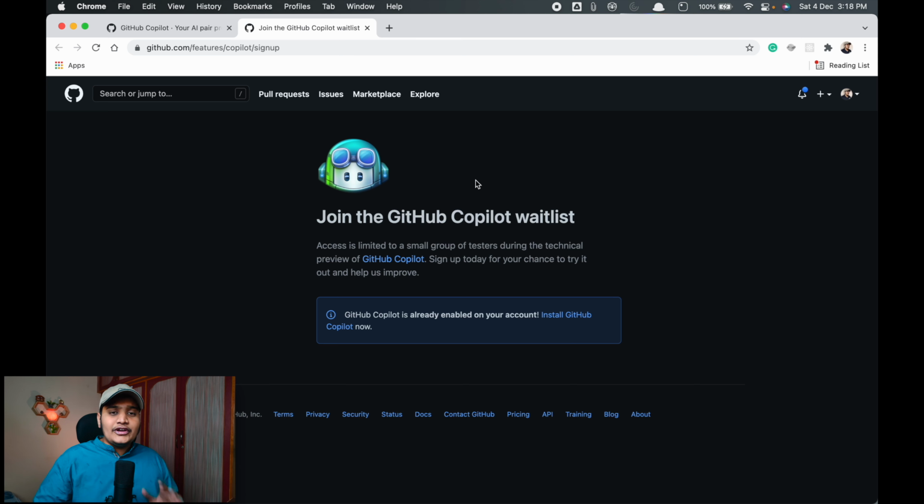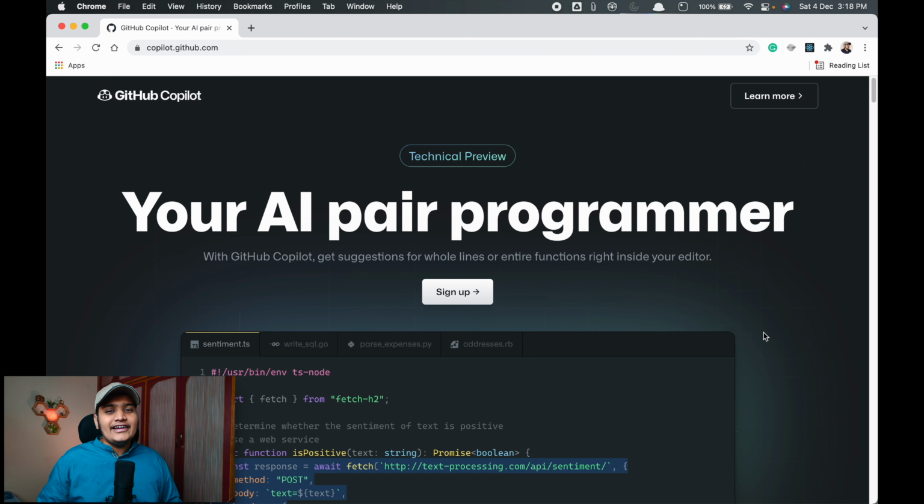Once you get access, you need to install the GitHub Copilot plugin in your IDE, whatever you use. If you're using IntelliJ or VS Code or any other, there is a list provided for compatibility, so you can check that out and install accordingly. I'm using IntelliJ and there is availability for that, so I've installed the plugin in IntelliJ IDEA. I've also used the same plugin in VS Code, and it works completely fine on both platforms. So let's open IntelliJ IDEA and start creating the game.